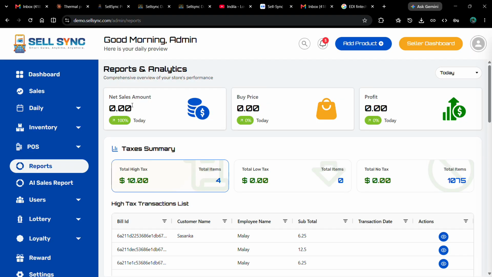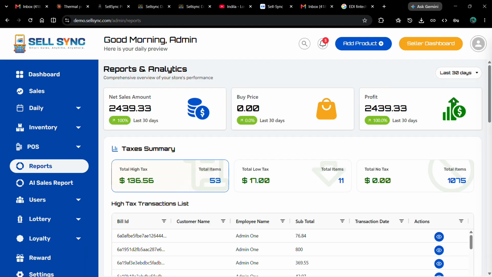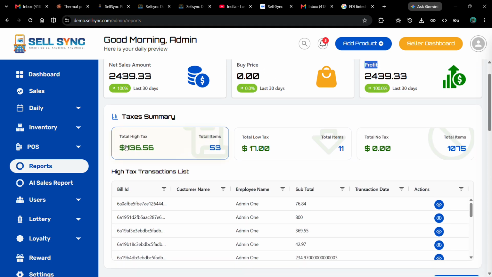And then we have a report section. This gives us an overview of our business. Same as before, we have a day filter over here. I want to get a 30 days report: how much amount we generated over the last 30 days, our total expense and our total profit. Then we have a tax summary, like the total number, how much amount we have to